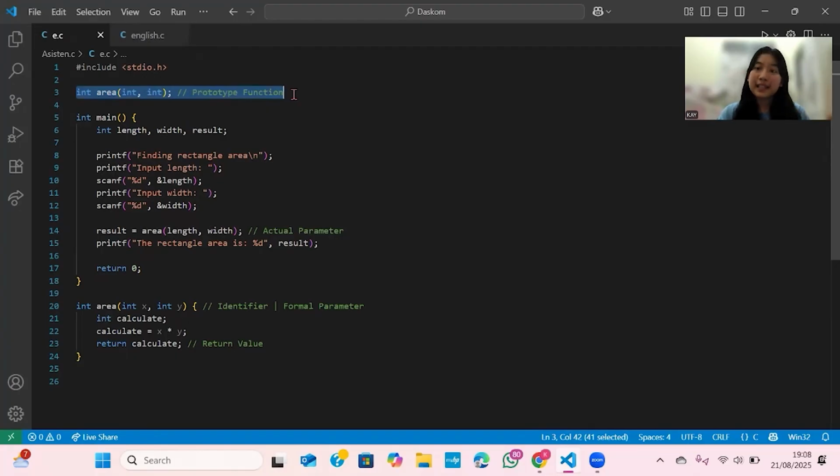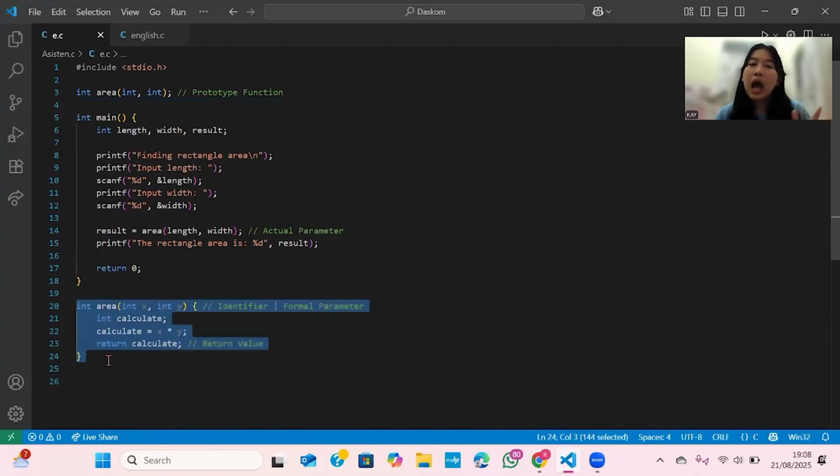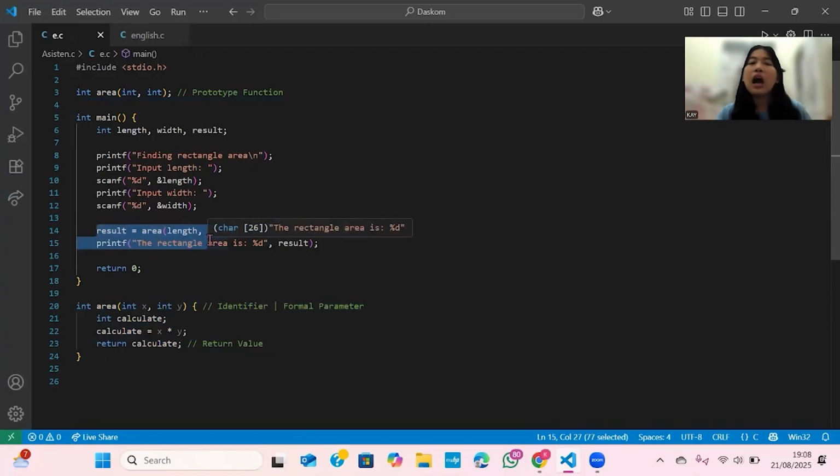Why is this needed? Because in this program, the function area is written after main. The compiler reads code from top to bottom. Without the prototype, when it sees area(length, width), it will be confused. What is this function?